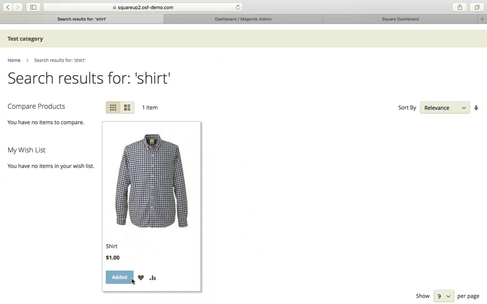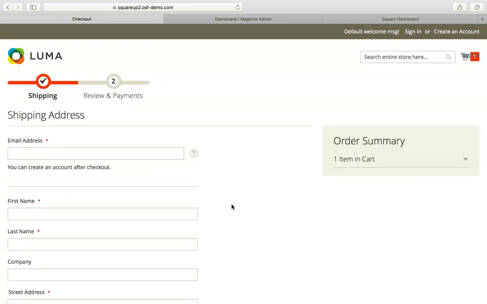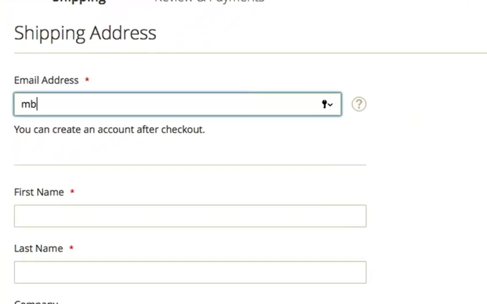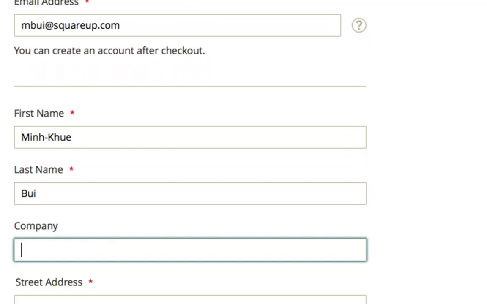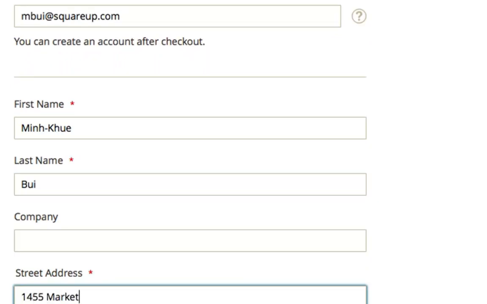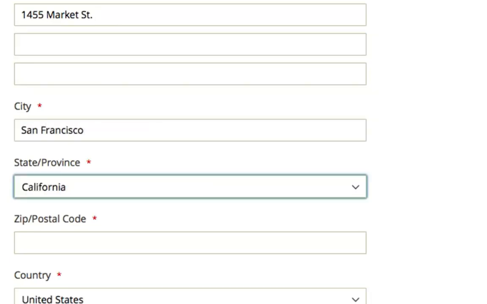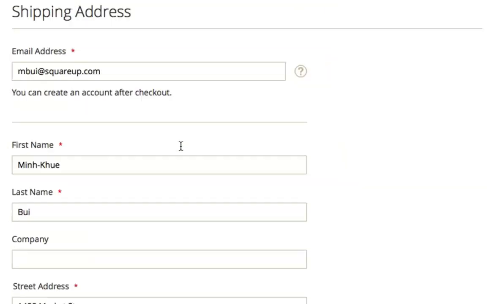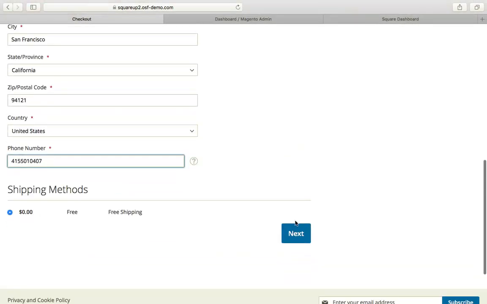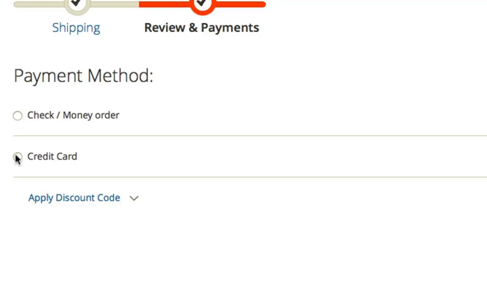I'll add this to my cart. I'm ready to check out. Here I'll add all of my customer information. Let's click next. Here I'm going to select credit card, and this in the back end is powered by Square